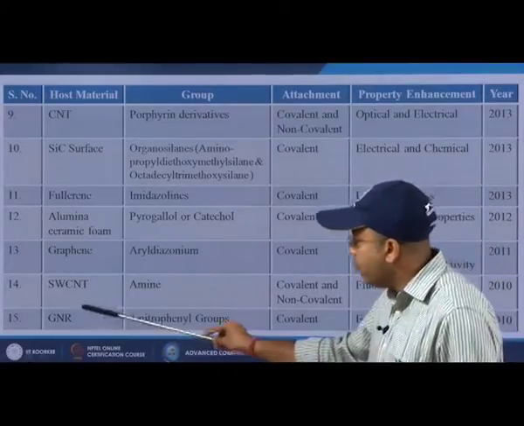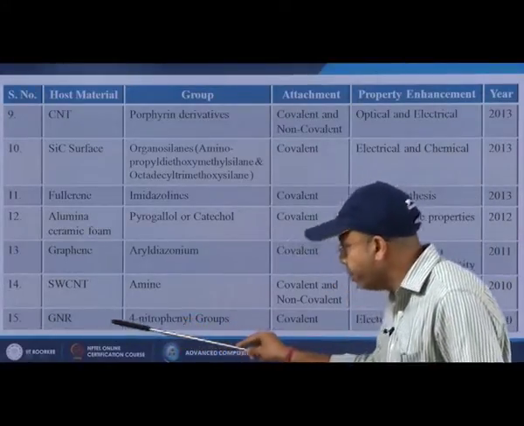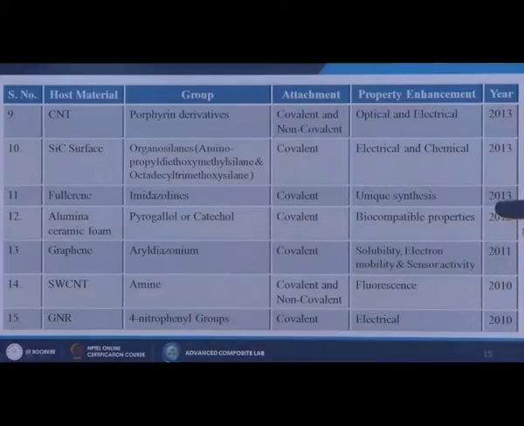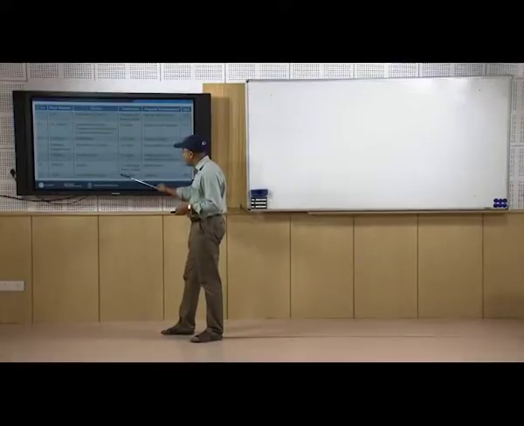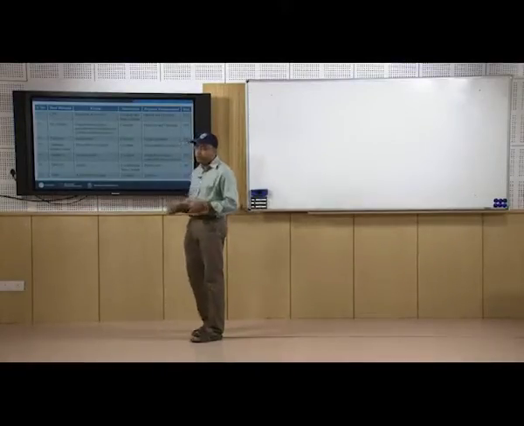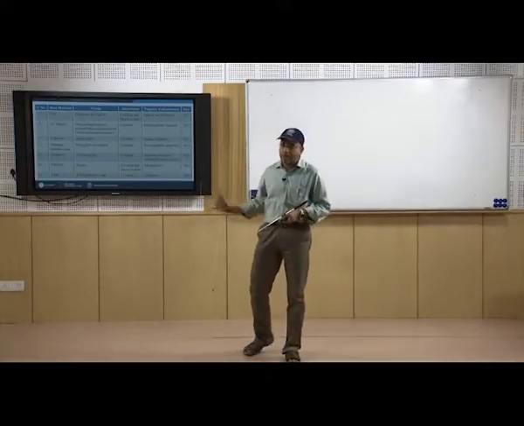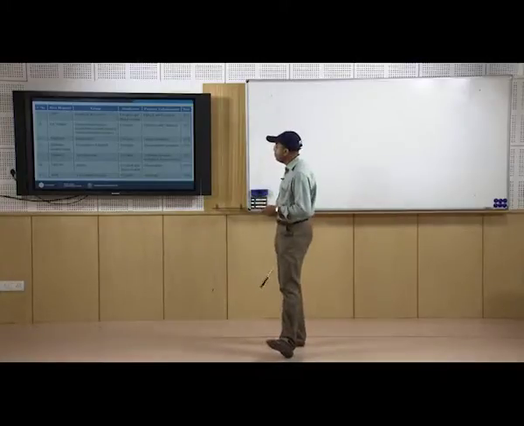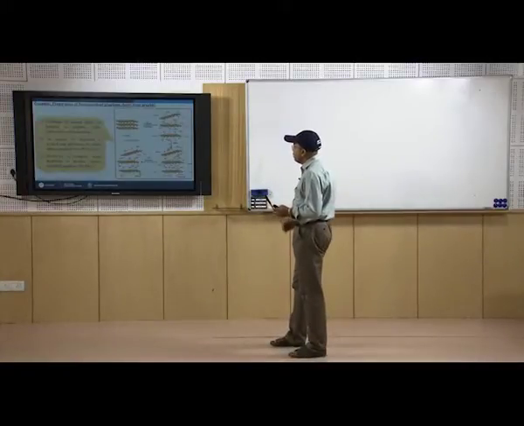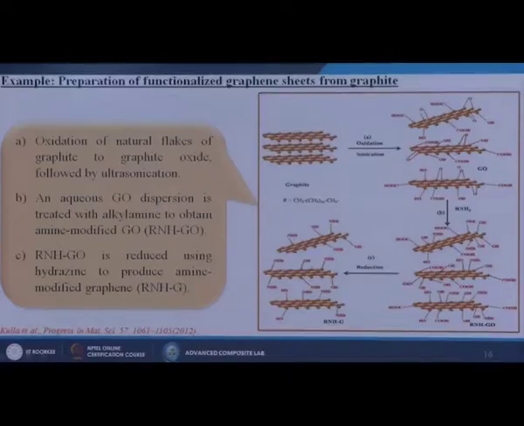Then we have used some modifications of the graphene nanoribbon, where we have used 4-nitrophenyl groups. Covalent bonding has also taken place. It has enhanced the electrical properties of that particular material, and it was done in the year 2010. So here we are trying to show you some examples of how we are functionalizing the graphene sheet from